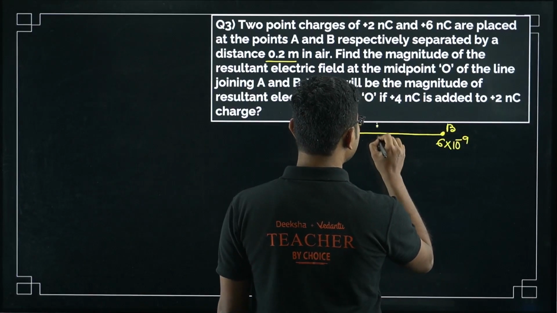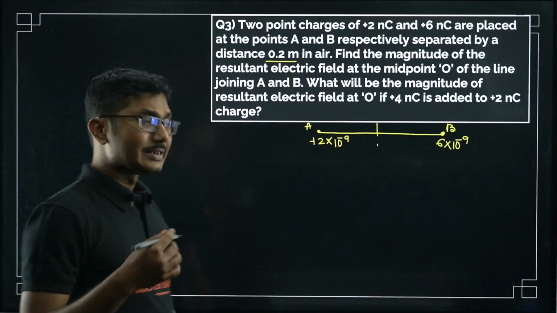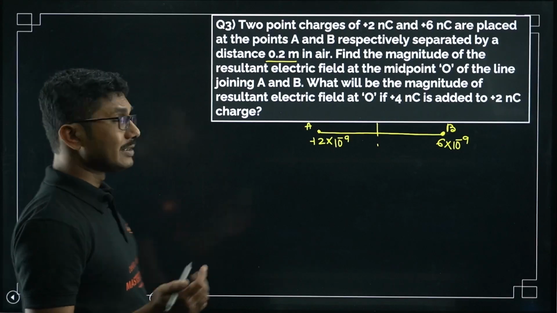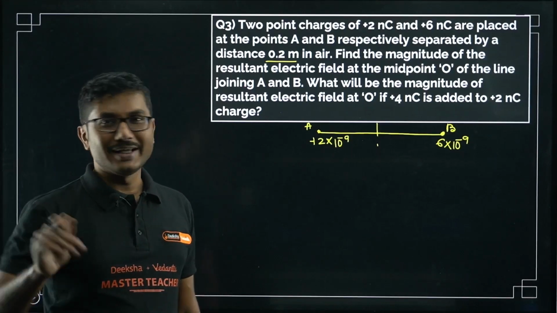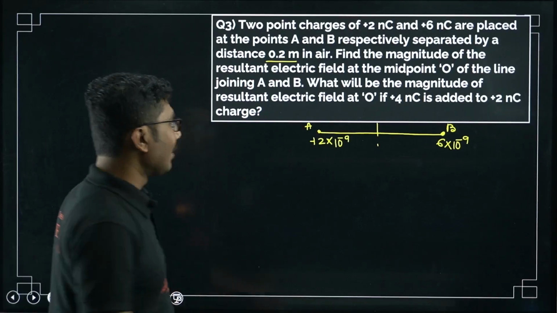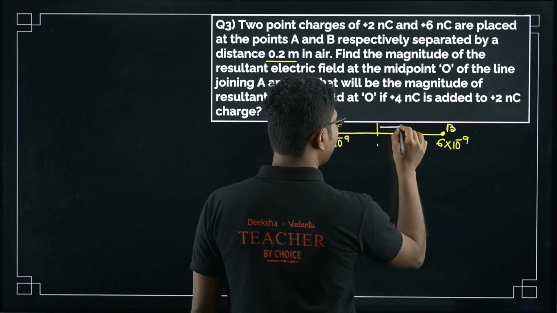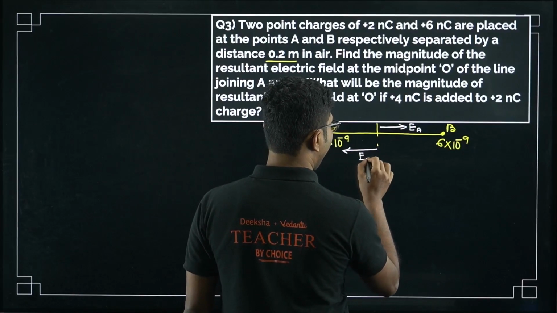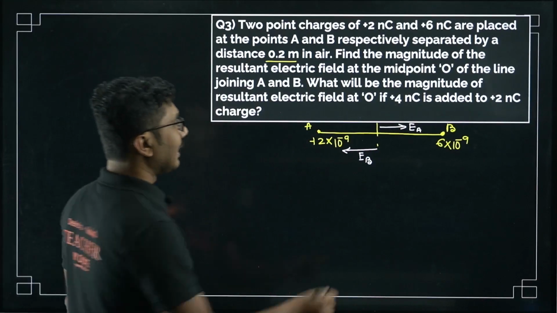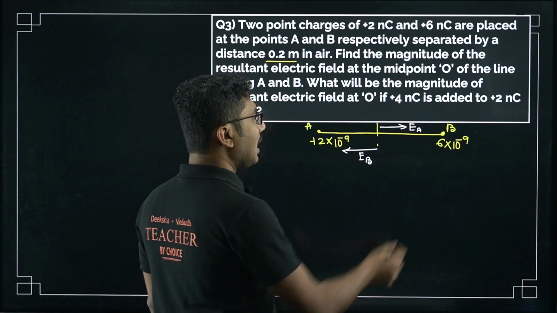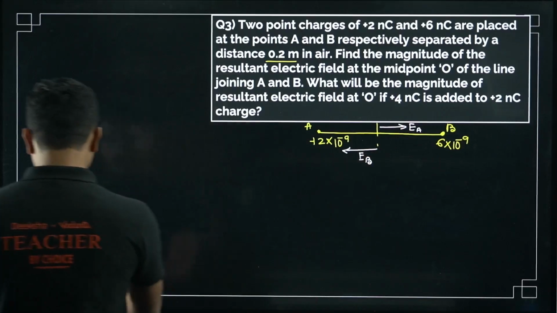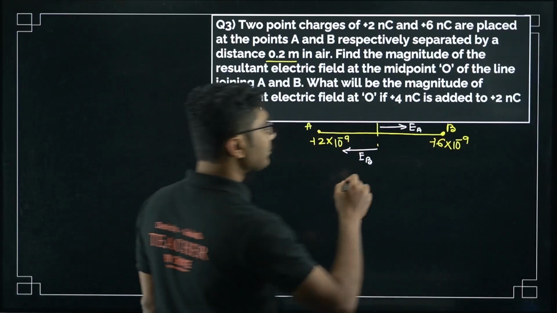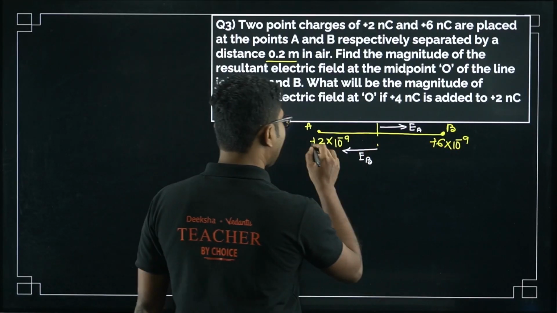Only thing is, in this case you have to calculate the electric fields separately. Last case, because both the charges were the same in magnitude, we only calculated EA, and EB was equally the same, right? Now what is EA here? EA will be away in this direction and EB will be in this direction. Why so? Because this is a positive charge, so it will repel, and this is also a positive charge, this will also repel, so both are in opposite directions and definitely they are not equal in this given case, right? Both charges are positive, so the electric field will be away from both, and as you can see, midpoint means